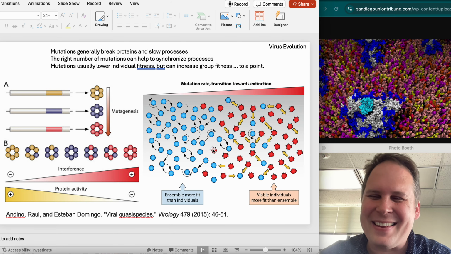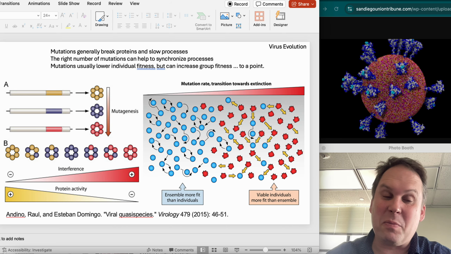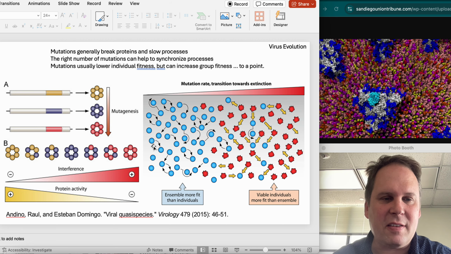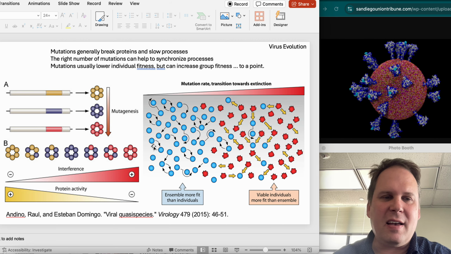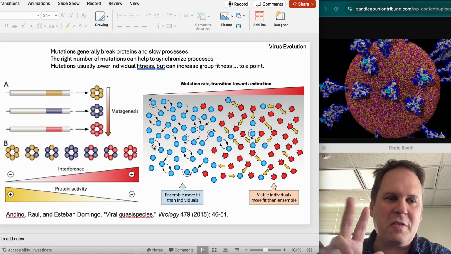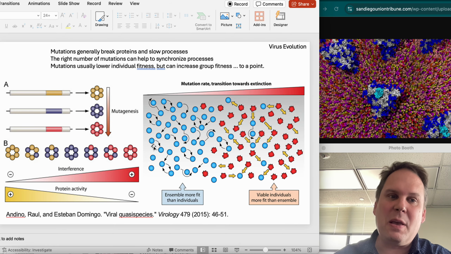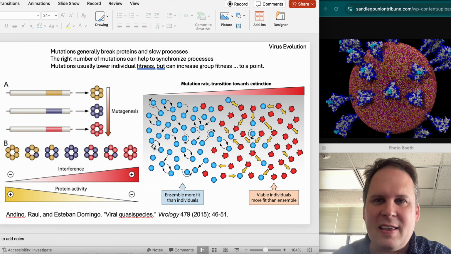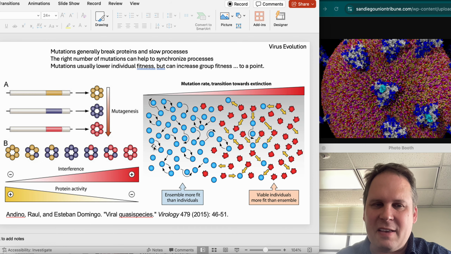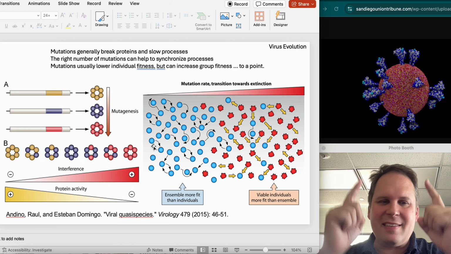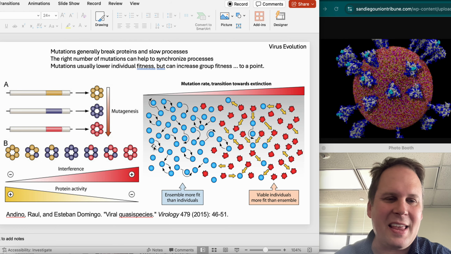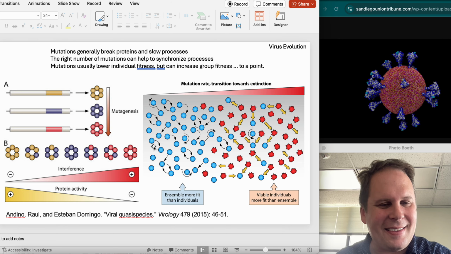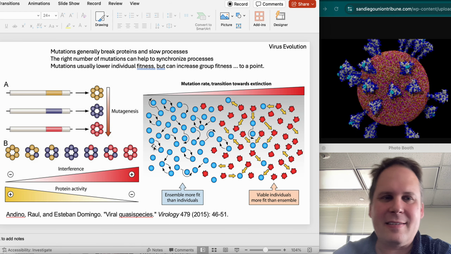Yeah, let them in. We're going to talk about mutations, which are almost always bad for the individual, but having the right number of mutations can actually build a team of very defective versions of the virus that work better together than they would if they were the same number of copies of exactly the same thing. It's kind of ridiculous. It's called quasi-species theory, but there's actually cooperation between these things that have no brain and no ability to think or coordinate or anything, and yet they do. It happens automatically. It's kind of neat. So, yeah, that's some of the stuff.